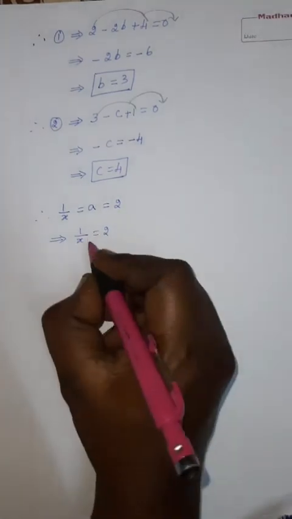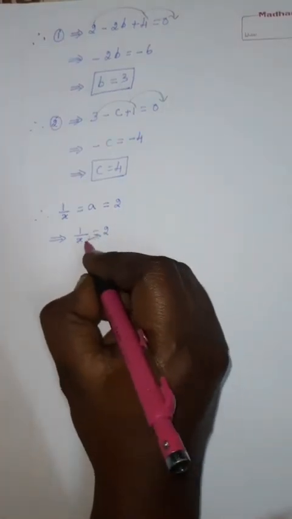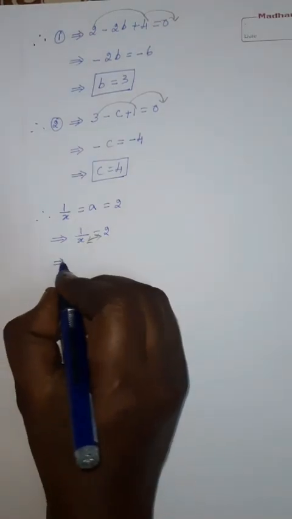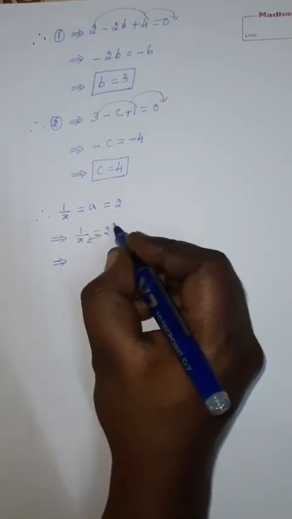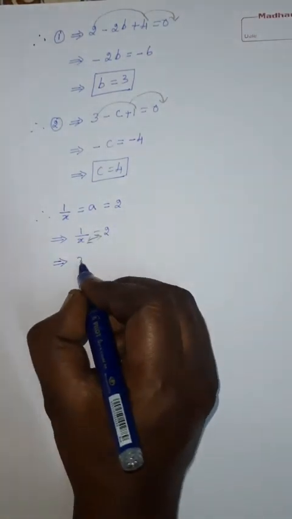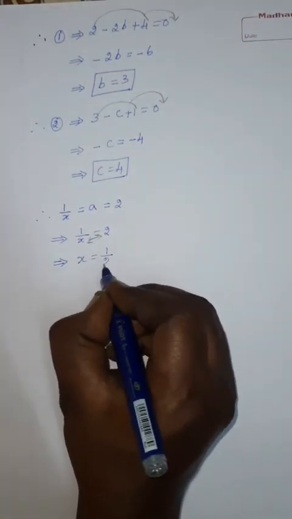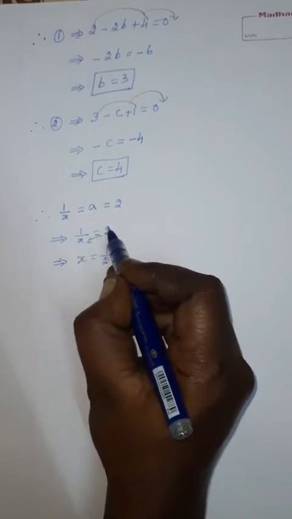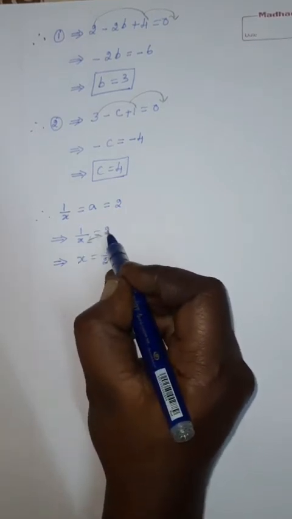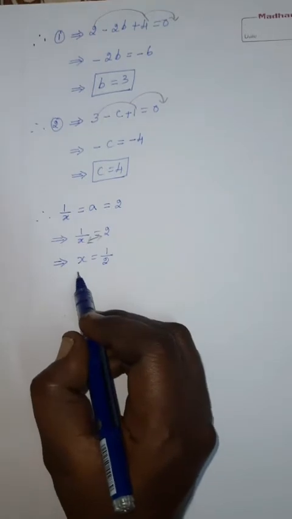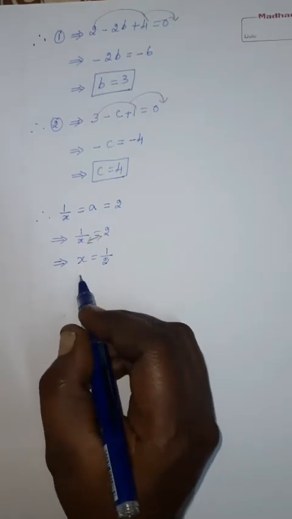We can change the order. We can change the placement of this. So, take the x to the other side, cross multiply and take this number to this side. So you will get x is equal to 1 by 2. x you take to the other side, so it will go to this side, that means equal to x. This 2 you take to the left side of the equal, that means 1 divided by 2, that we can write as x is equal to 1 by 2.